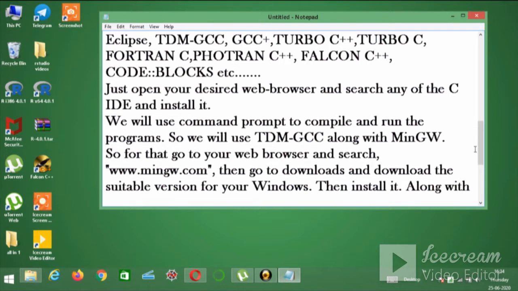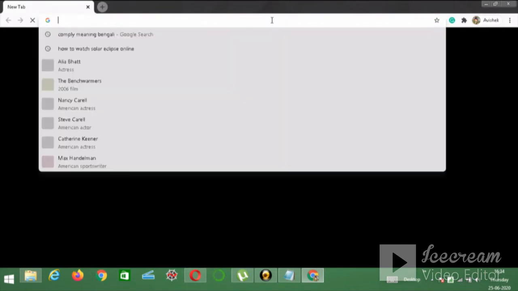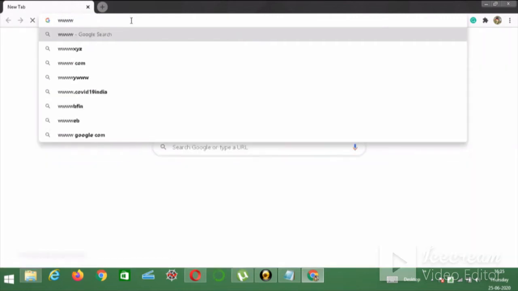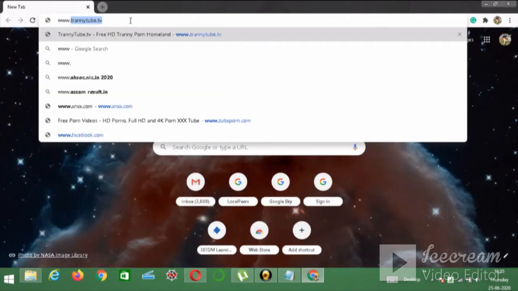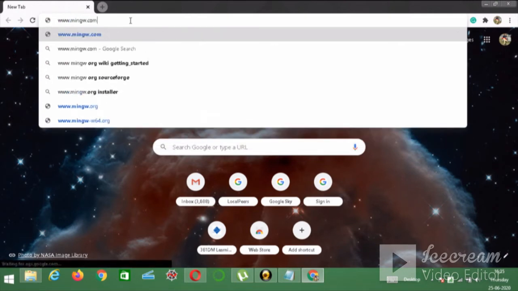For that, we have to go to the web browser and search. So I am opening Google Chrome, my desired web browser. Okay, it has been opened. Then I just type www.mingw.com.